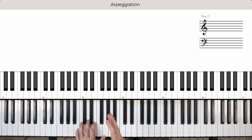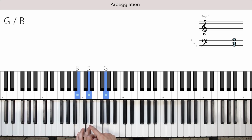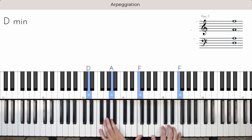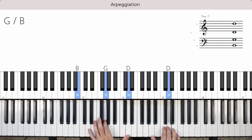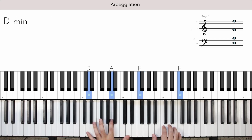Now, any inversion will give you a slightly different arpeggio. So let's say a G major in the first inversion. Take the middle note, move it up an octave. And here I have an arpeggiation of G major in the first inversion. Or I can do an arpeggiation in the second inversion. G major second inversion, middle note, up an octave, D minor,